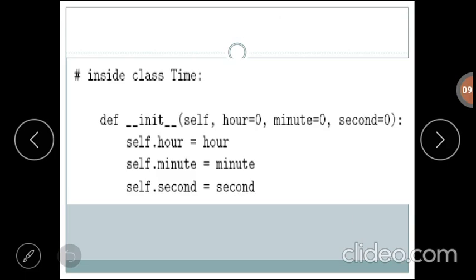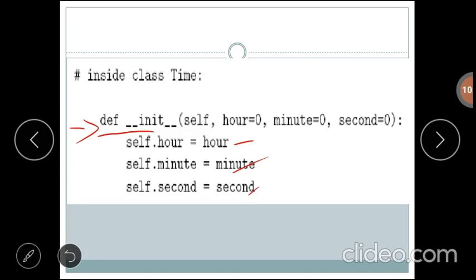For example, how can we define the init method? Again, that is inside the class. It is a method, so we have to follow the indentation. Here also we have to assign the values for the object. That object has three instance variables: hour, minute and second, and we have to initialize those values.